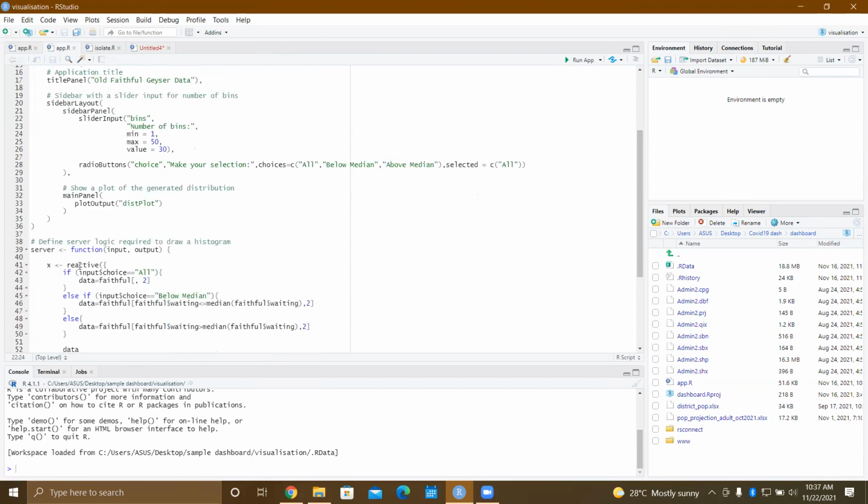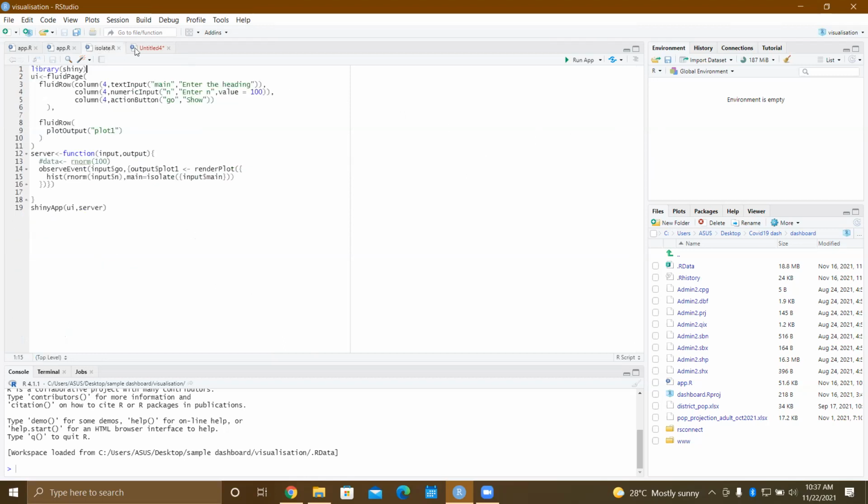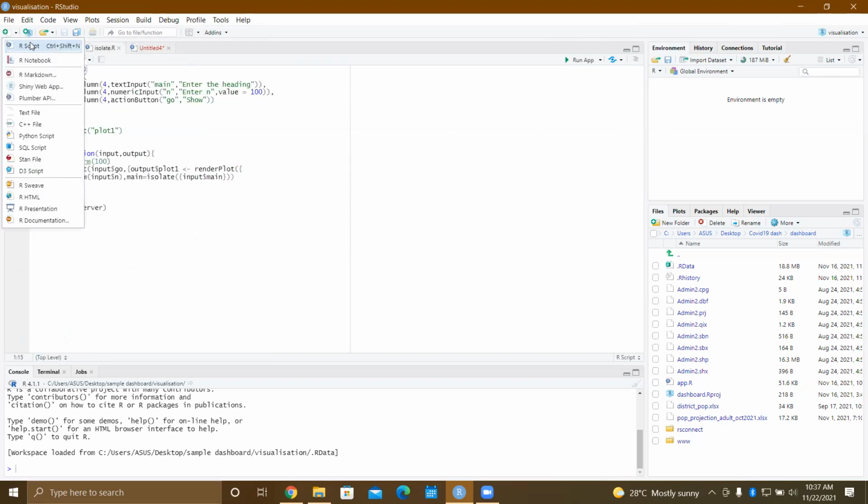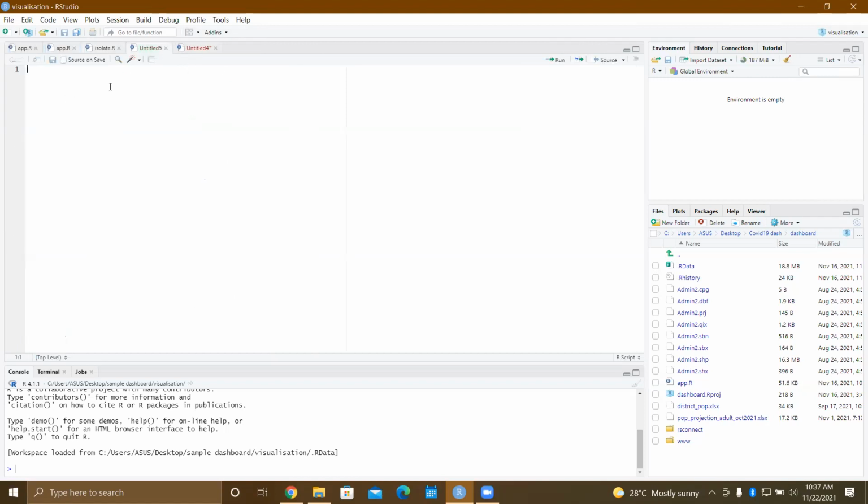I have shown you how a reactive thing works. There are three more things: isolate, observeEvent, and eventReactive. So let me start with isolate, and I'll show you in a minute why we need isolate.